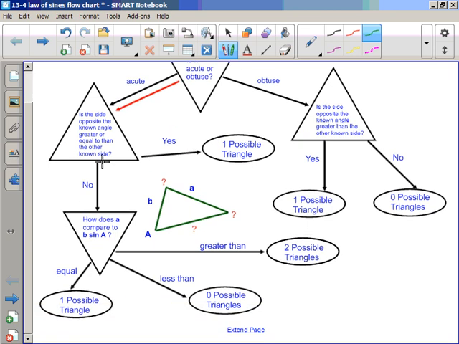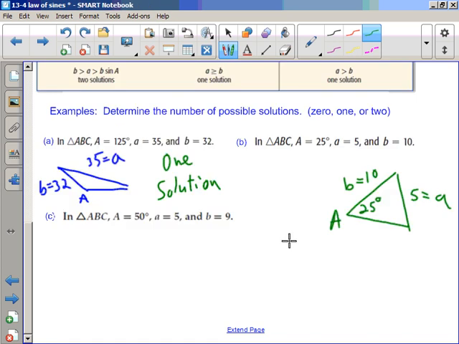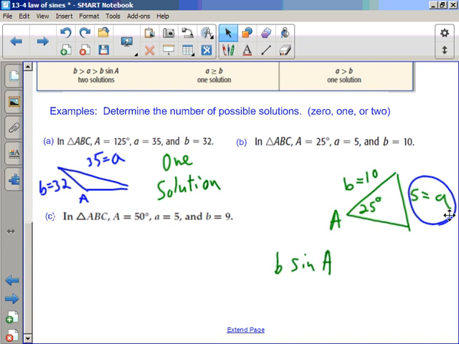All right? And this is always the hardest one because there's 3 options. Because now we have to do some math. Oh, no. We're not just following the paths. All right, so now how does A compare to B sine A? So we actually have to do math. We have A, A is 5, and we have to calculate B sine A equals 10 times the sine 25 degrees, which is approximately equal to,